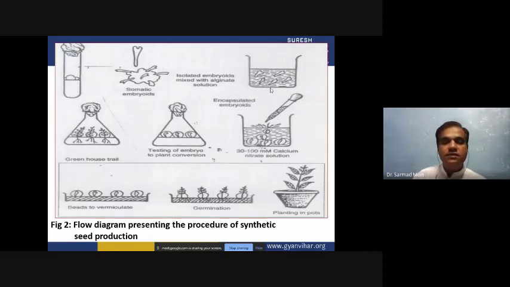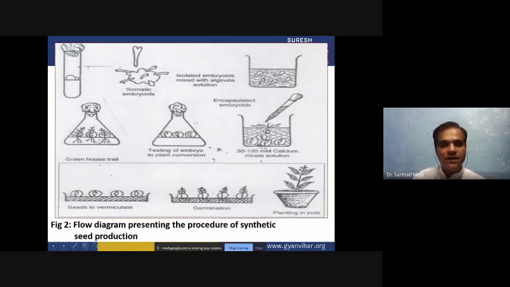Then we take the encapsulated embryos out of the calcium nitrate solution and keep them in a petri plate for 6 to 8 months. In between the 6 to 8 months, if we have a requirement, we can put them into the media, so that these somatic embryos can be induced